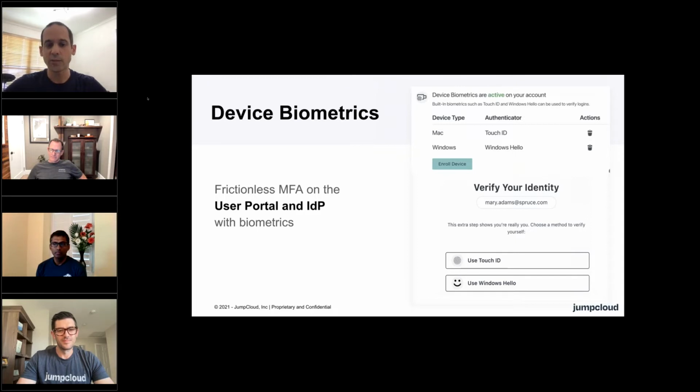One of the aspects in beefing up our authentication capability is actually allowing you to use biometrics as a means of logging on to more resources. So if you think about